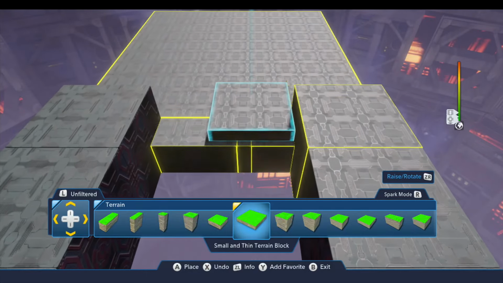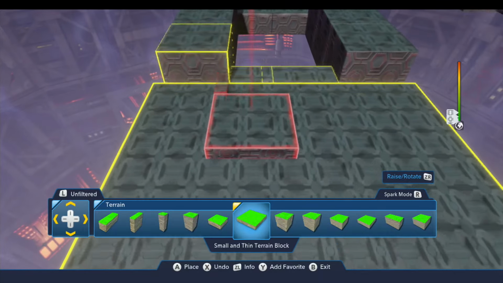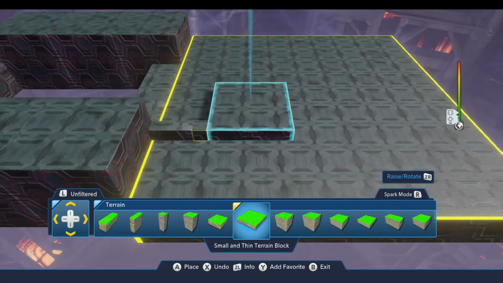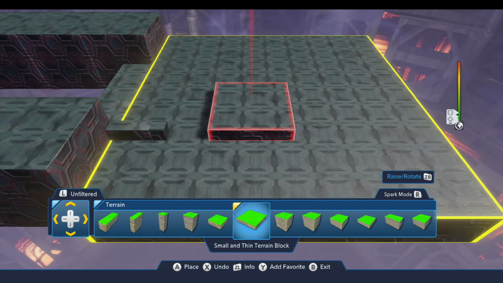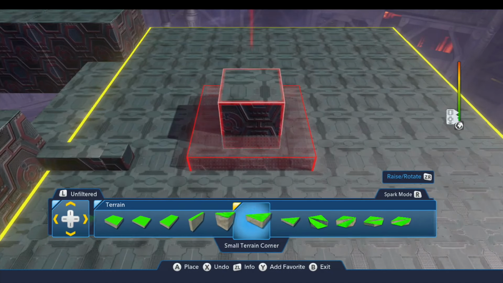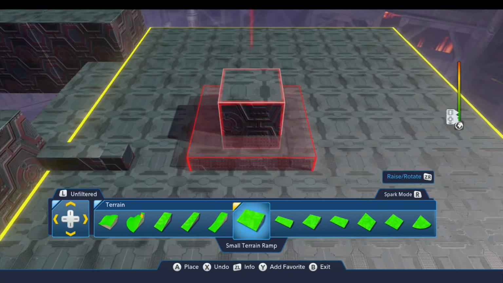All right, so as we're looking at this, we want to kind of center this in the middle of this platform. Just drop that there for right now. Scroll over to the right. And I'm looking for